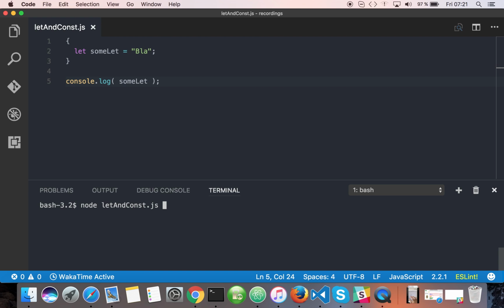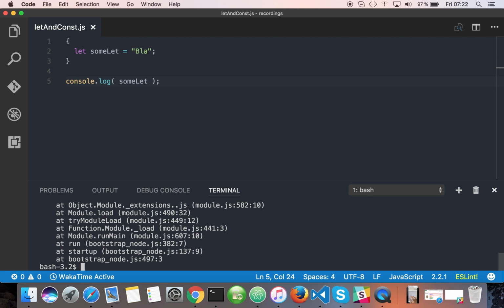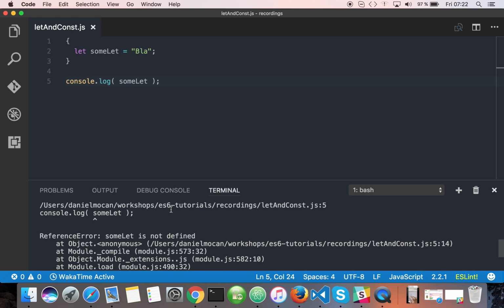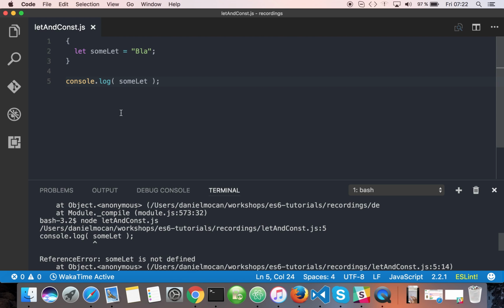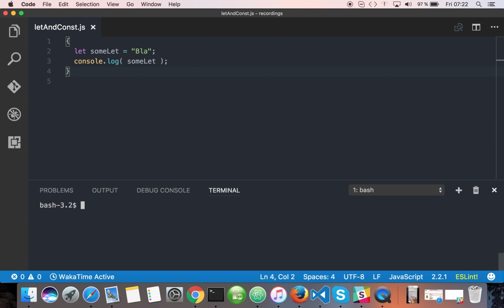So if we run this in the node terminal, which has most of the ES6 features implemented, over 90%, let's see, we should get an error. Let is not defined, because let is defined only between these brackets, this some let variable. So if we would move this inside the brackets, we would be all good. Let's clear,